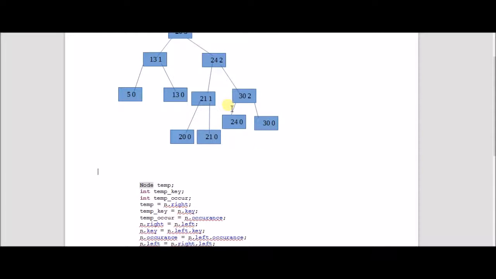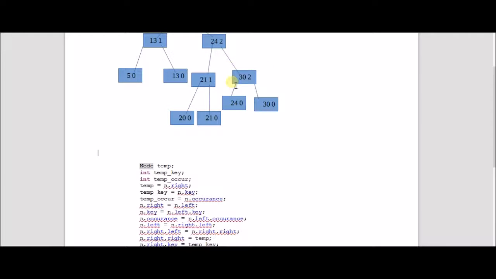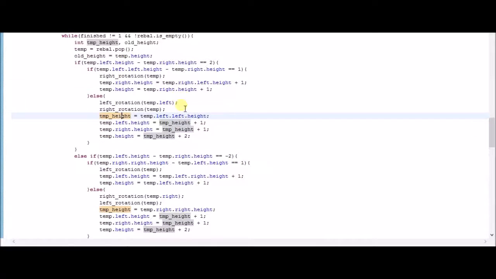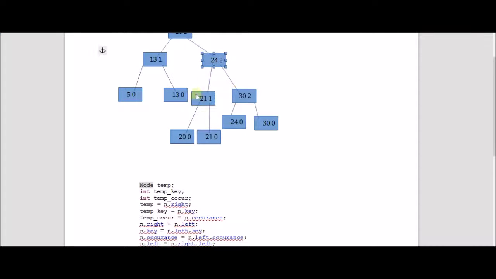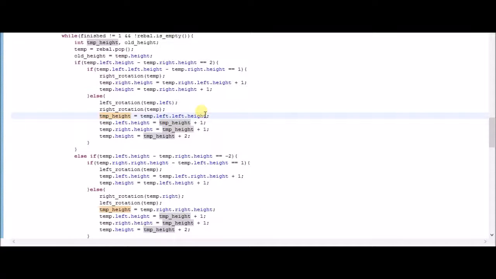Now we have to change the heights, because this here is not right. This is supposed to be 1. So what we do is we go here and we store the height of the current node's left. So this is the current node, and its left is 0. The height of that is 0. So we store that, and we say the current node's left height is going to be the temp height plus 1, which is still 1, so